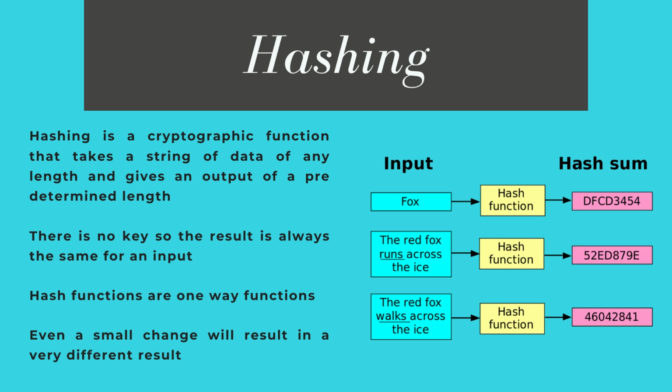There's no key, so the result is always the same for the hash function. So if the input is the same, the hash sum will always be the same. So hash sums are one-way functions. You can't reverse a hash function. And you'll see in the longer form of that sentence there in the example, the output is still 8 characters